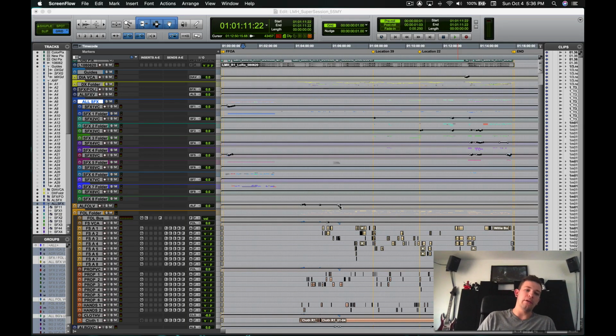Okay, so we're in here inside of my template that I have built out for myself for film workflows, and we're going to be talking about the effects organization specifically. And before we get going, a couple of things that you want to keep in mind when we're talking about effects editing in general and organization: if you are not the supervisor on a show, if you just come on as an editor, 99% of the time, the supervisor is going to provide you with a template that they would like you to cut in. And it's always good to ask some opening questions about that supervisor's preferences,